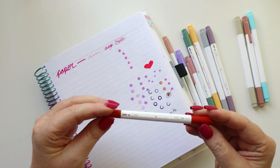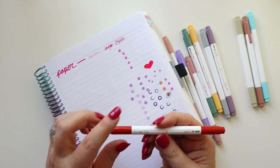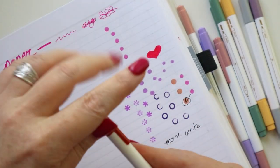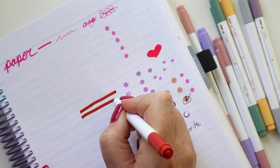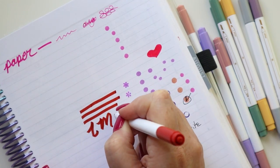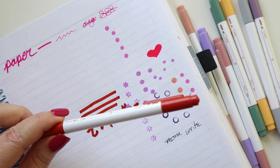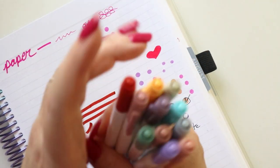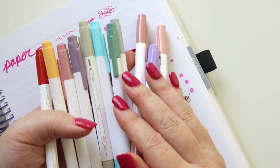These are sort of like dual tip markers, but slightly different. The reason they're different is because they do have a fine side, but they also have a chisel tip side. So the chisel tip side is more like a highlighter than it is a marker. I actually really like these pens, and the reason is the color schemes. Focused is the more neutral, professional line of Erin Condren,